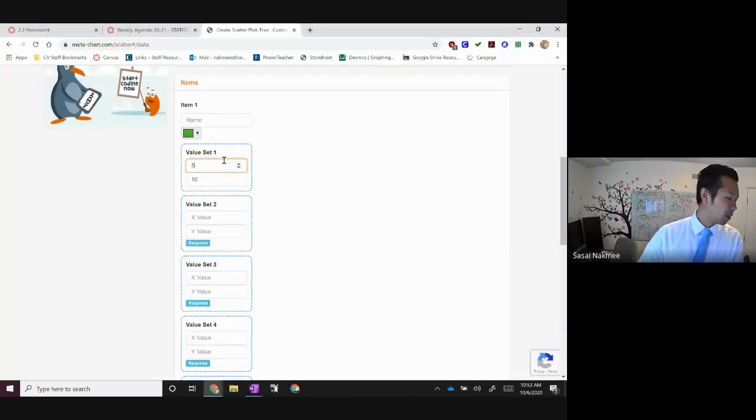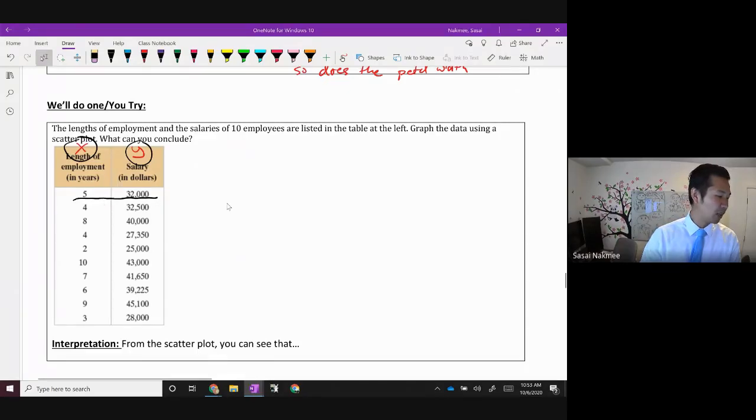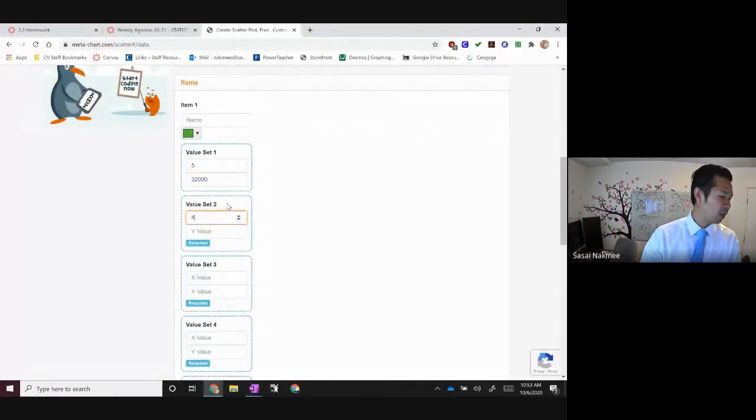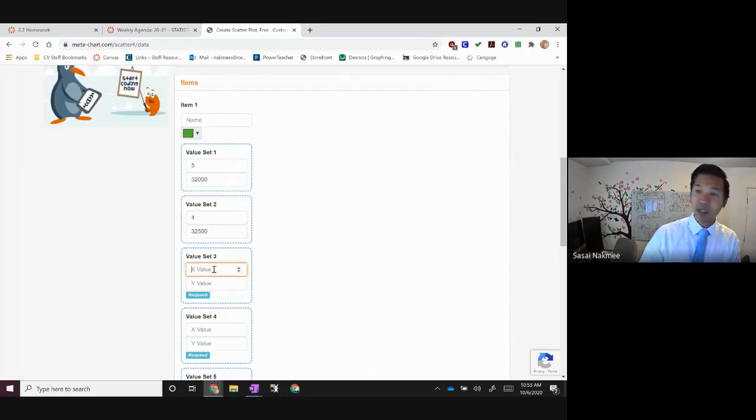So anyways, for the first value set, I would change that to a 5. Oh, wait, that was already 5. And then the second value is 32,000. And then I would go through all 10 points and just type in these 10 points. So the next one would be 4 and 32,500. And then the next one would be, I'm going to cheat here and just look over at my other screen, 8 and 4,000. This one is going to be 4 and